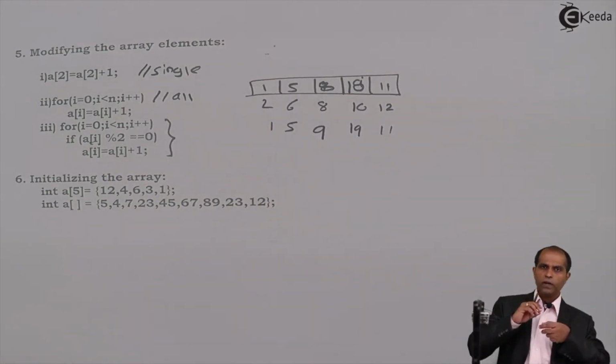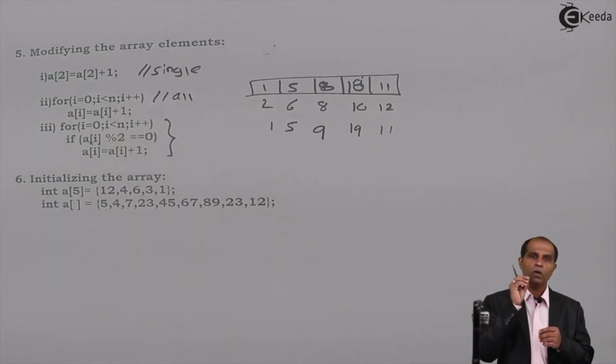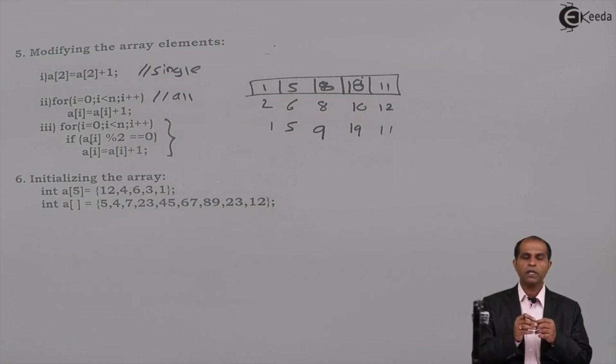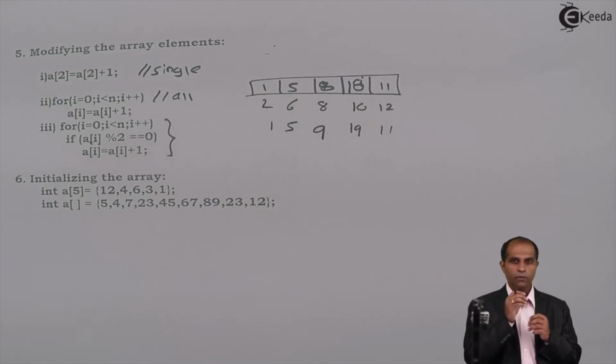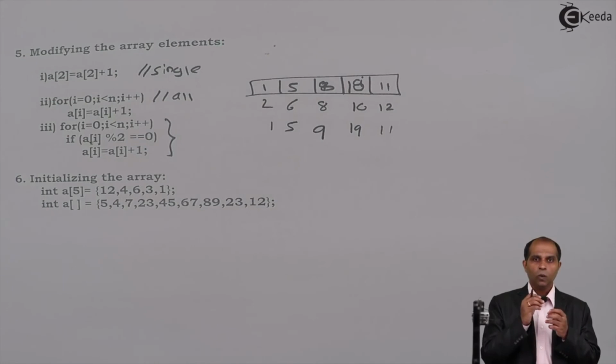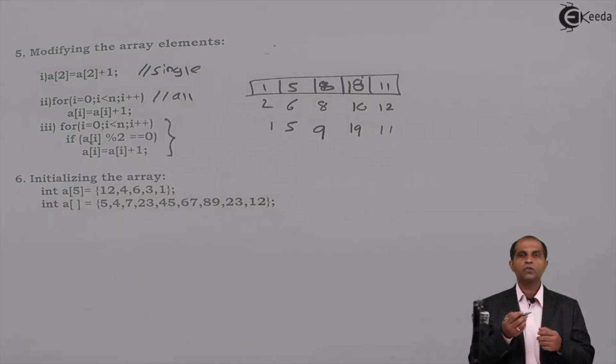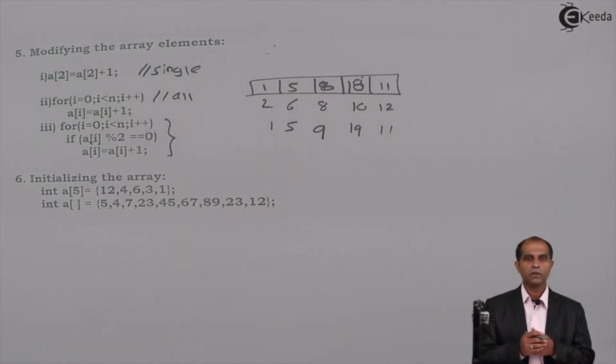So you can modify some selected elements, you can modify all the elements, or you can modify only one element of the array. Depending upon that, you're going to use a for, or an if, and you use the for with all the values for modifying all the values. Now, is that modification necessary for all applications? Yes. Once the data is read, processing is nothing but modification. Depending upon the need of the application, you can use one of these modification techniques.